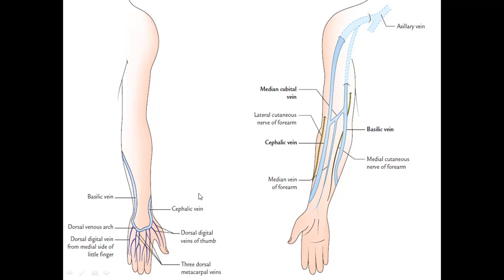So when you talk about the venous drainage of upper limb, we have veins arranged in two sets. We have superficial veins and then we have deep veins. And the veins we view from the dorsal aspect, also called the posterior aspect, and the veins we see from anterior aspect. Now, what are the veins we see from the posterior aspect, that is over the dorsum of the hand? When you look into this picture, these small veins are called digital veins.